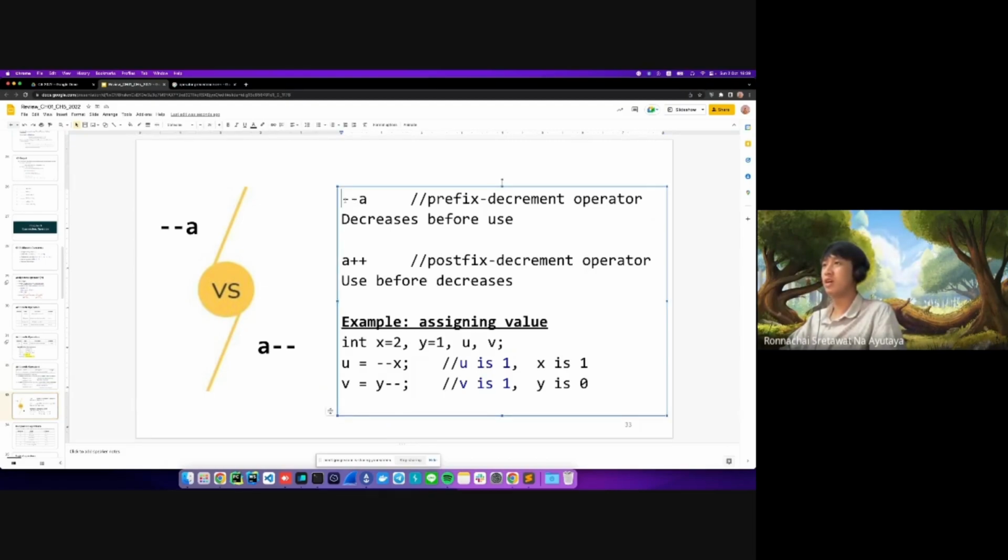In the same fashion, we have postfix and prefix. This one is prefix, and it decreases just before use. And A plus plus is the postfix, so it will be used before it increases. And here's an example of it when we want to assign a value: we have integer x equal to 2 and y equal to 1. You also have u and v, which are the unassigned variables right here,